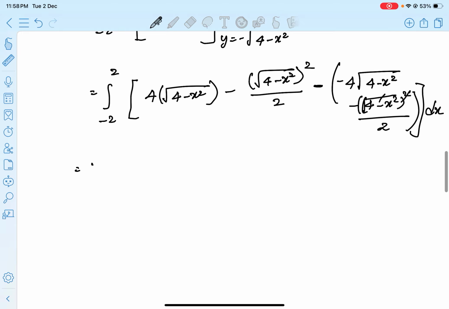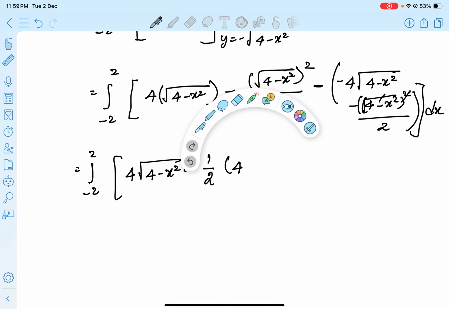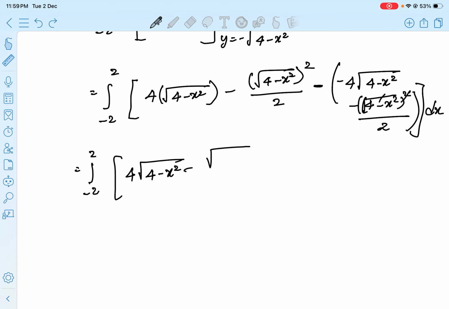Integral minus 2 to 2, 4 root of 4 minus x square minus, I can write it as 1 by 2 into 4 minus, that is not necessary, root of 4 minus, I can cancel this also. So 4 minus x square by 2